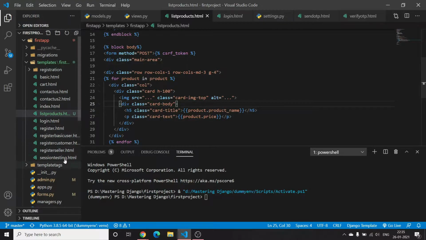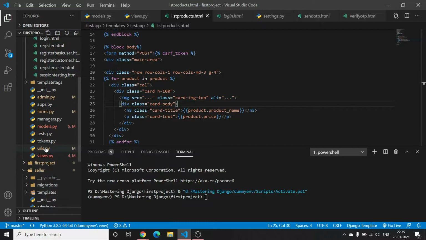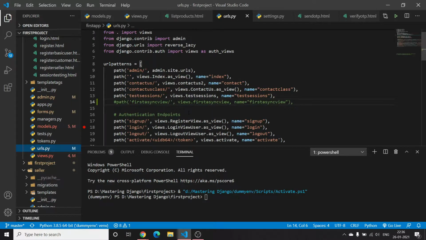So also we have to add a URL in urls.py, the endpoint. So we will be adding an endpoint in our urls.py.